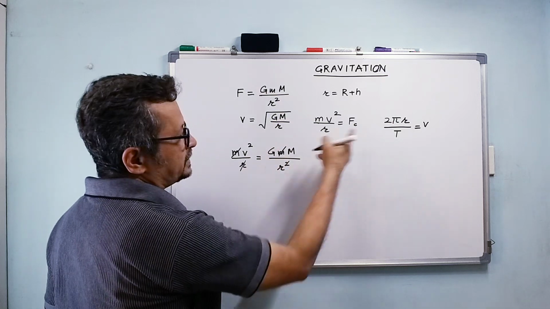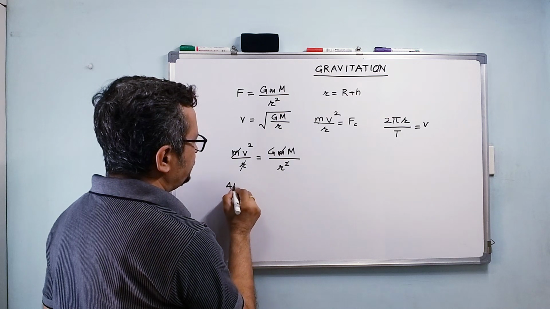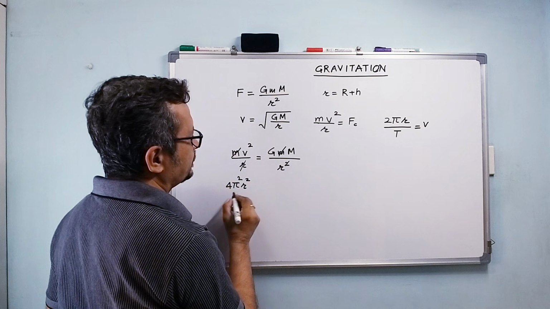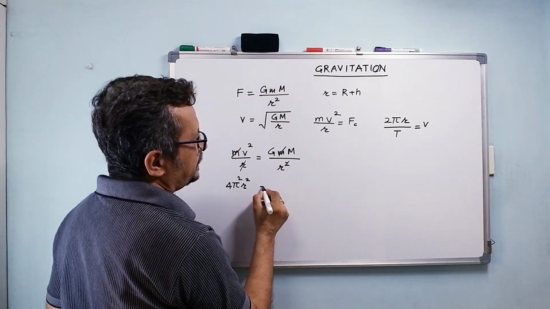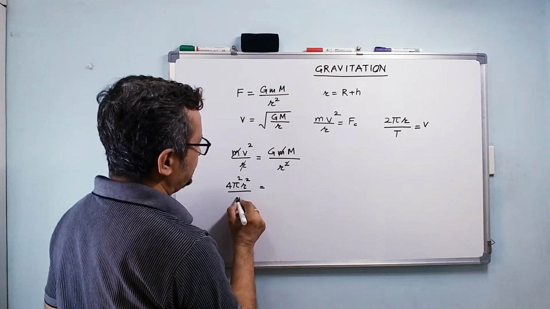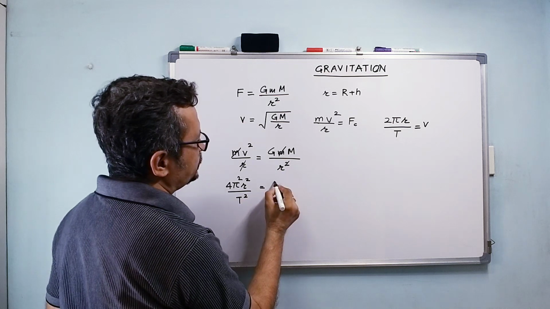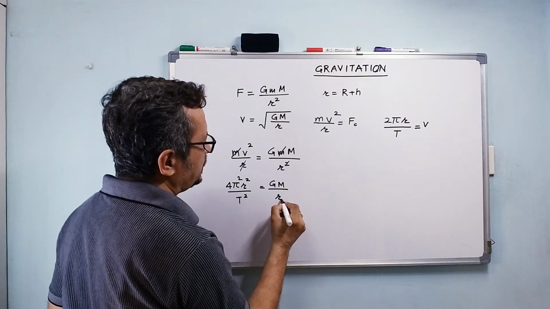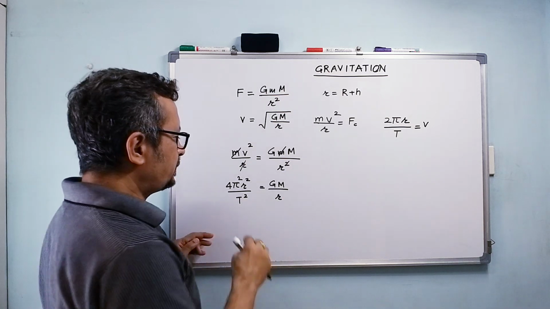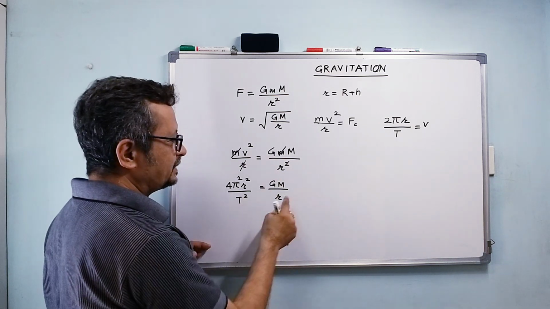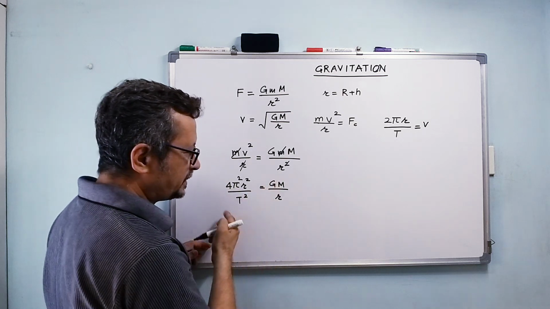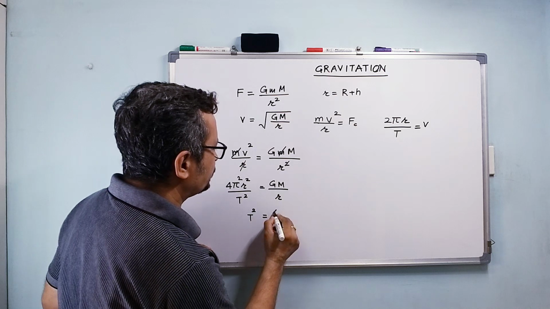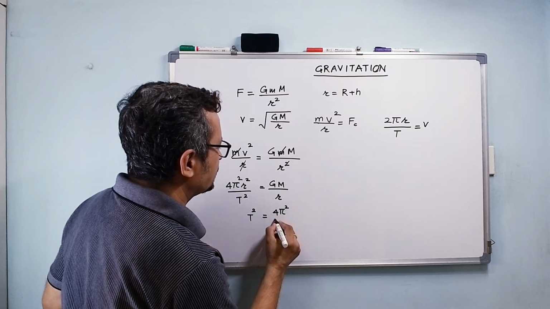So my velocity square would be equal to 4 pi square r square upon t square, correct? And that is equal to GM upon r. Now I'm going to take this t square on that side, this r on this side, and GM down there. So my t square is going to be equal to 4 pi square upon GM